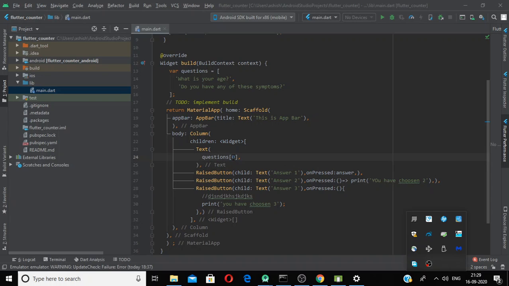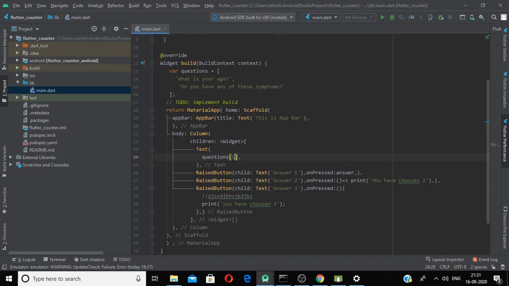If I put 0 here, I am actually referring to this question, and if I put 1 here, I am referring to the second element of the list. So we will add a variable here, and every time the answer is pressed, means the raised button is pressed, we will increment this variable so that the next question can be fetched from the list.